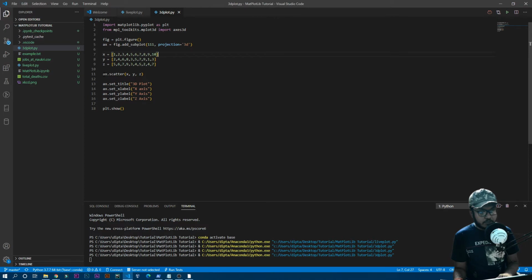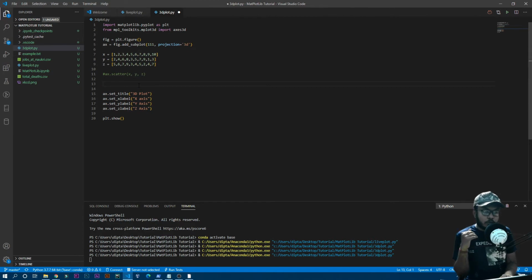Okay, so I'll just quickly comment these three lines. For a bar plot, we need the x-axis, y-axis, z-axis values, and we also need the dx, dy, and dz values. So yeah, we will use NumPy so that we don't need to write these 10 values again, right? So we are going to quickly